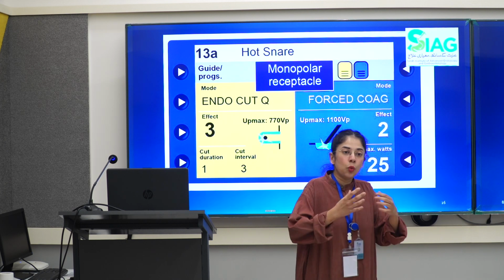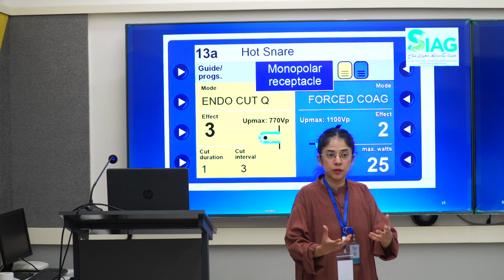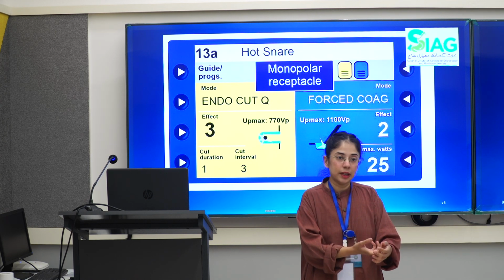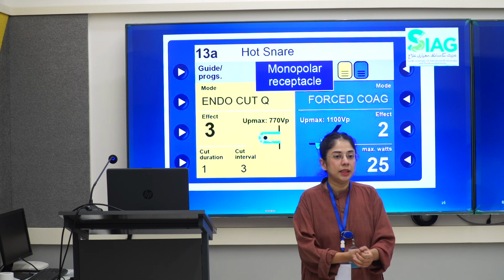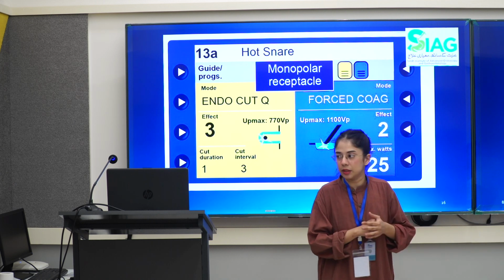So, if you want too much coagulation, it makes sense. आपका colic का stalk है, उसमें एक major vessels होती है, लेकिन multiple feeding vessels होती है. If you predominantly coagulate, you wouldn't have any bleeding. So that makes sense. Let's go to the highest coag settings. But is that a smart decision?